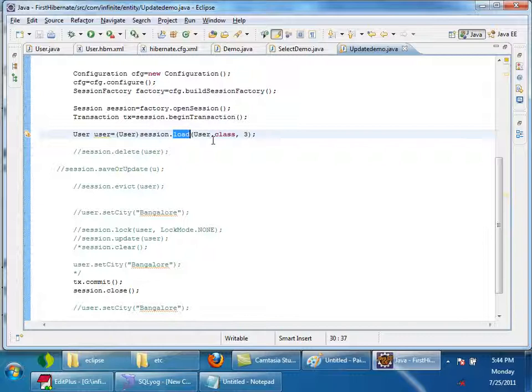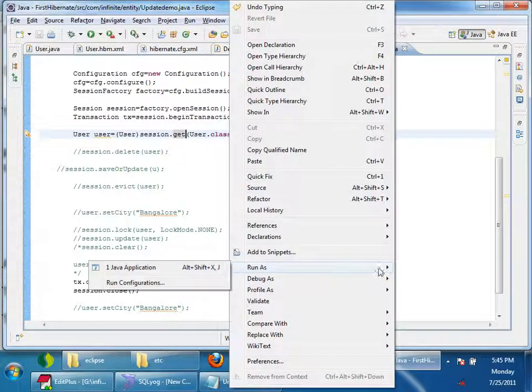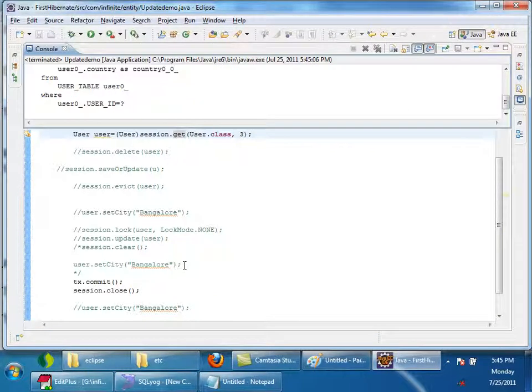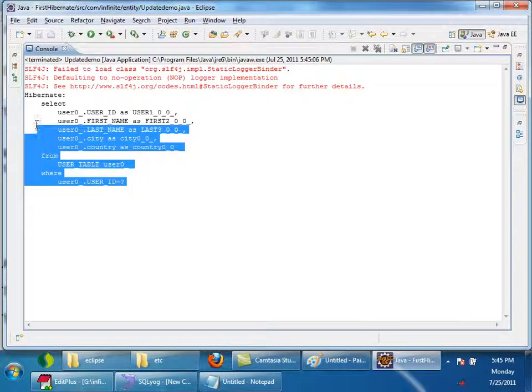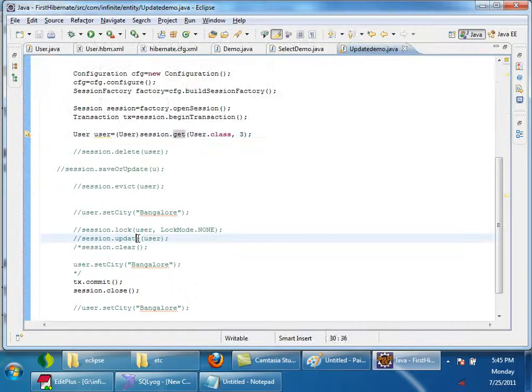Now what is the advantage of this proxy? What is so great about this proxy? Let us see here. Now before going ahead, let me just change it to session.get. Now I will show you. I will run it. Is it firing a select query? But just check in my code.